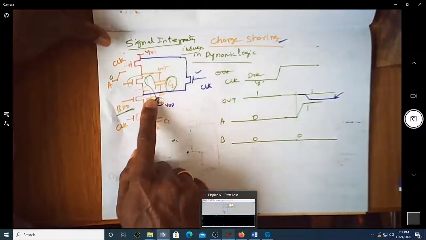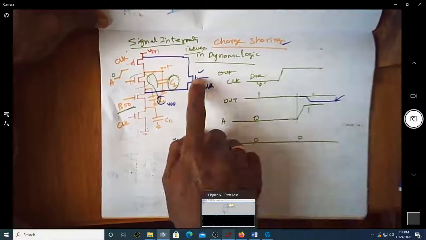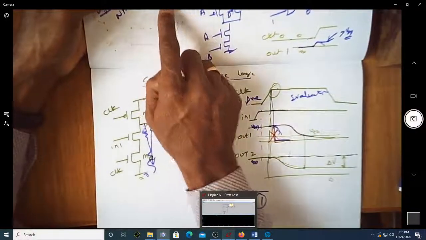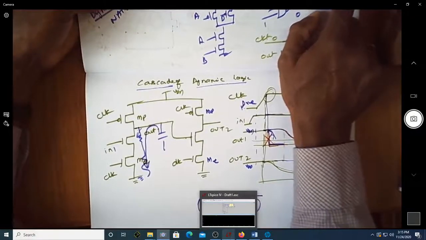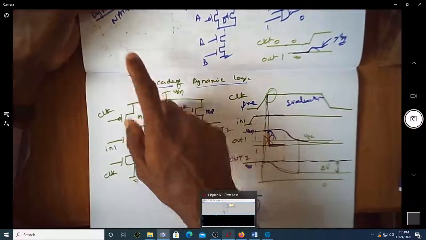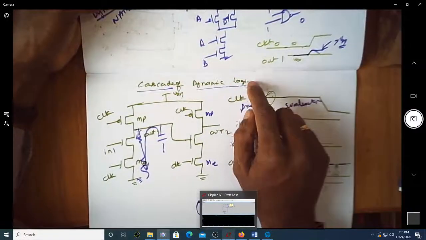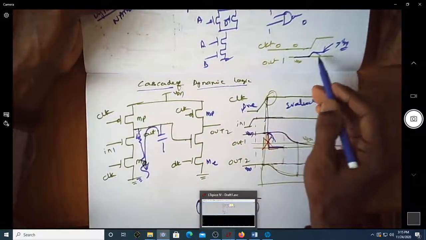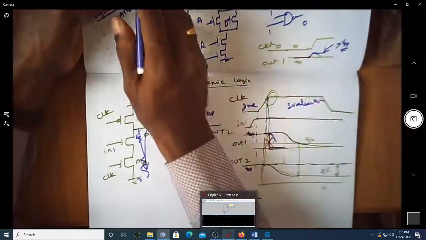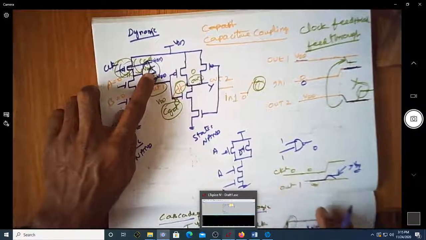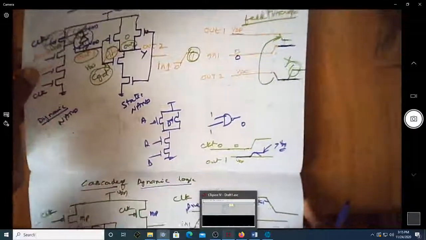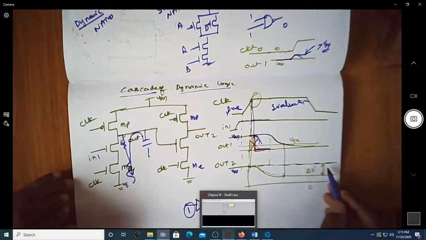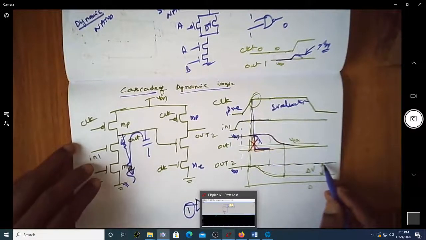Some charge will get shared with the intermediate nodes, and that can be overcome by having one more leading transistor. Then there is capacitive coupling, which will make your output voltage have a different logic than the expected one. We also have the clock feedthrough effect, which can make your transistor get damaged. So we have to ensure that whatever rise in the voltage should not be so much that it turns on this particular diode. And of course the last one, if you are cascading the dynamic logics, you may not get exactly VDD here, so there is a loss of voltage.